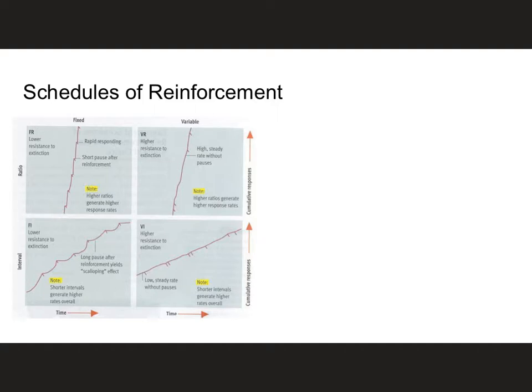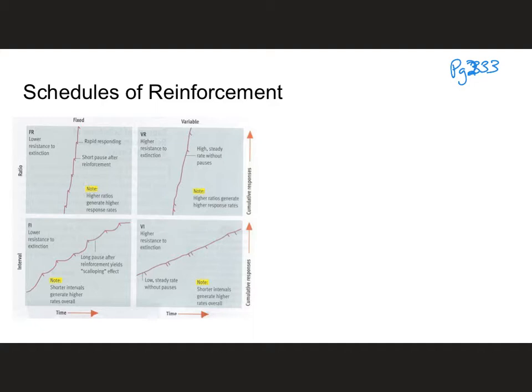And then last but not least are schedules of reinforcement. You can find this graph or a similar graph. It's not the exact same graph, but a similar graph in your text. So if you want more resources, it does exist, and I do recommend you taking a look at it. But I did want to take some time to go over this with you really quickly. And in your book, you can find this on page 233. Okay. What this is showing you.